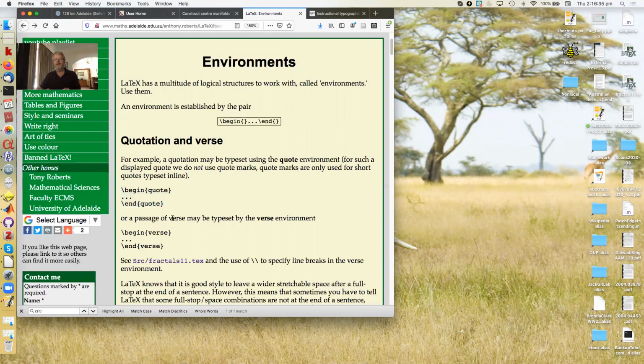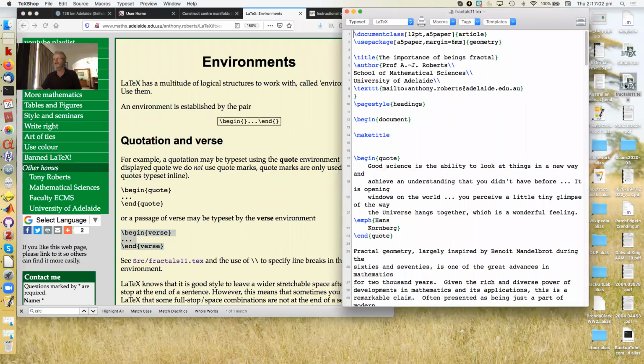Similarly, for a passage or a verse that can be typeset, it's typeset by the verse environment, and you just say begin verse, end verse, with the three dots to be the verse. And the point about this is that you do not have to know how to typeset the quote and the verse. LaTeX knows. You just tell it the logic. So let's have a look at the example